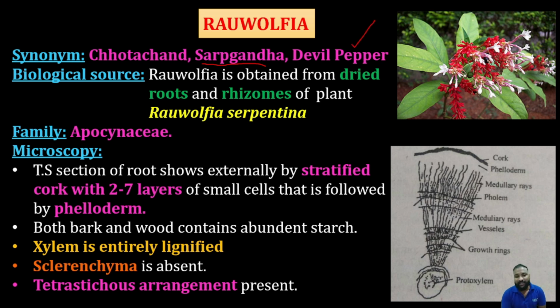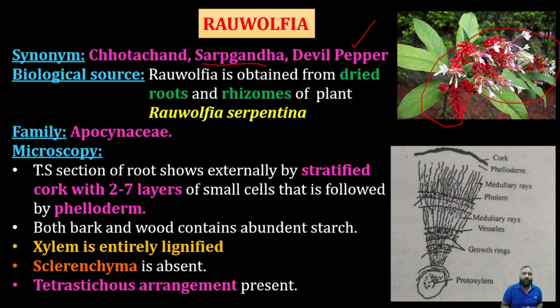You can see the leaf in the image of this particular Rauwolfia. It is very familiar and can be seen abundantly in our localities. It can be grown in almost all types of conditions. This will be a very familiar plant for all of us, but we never knew it was Rauwolfia. But we have seen the flowers and we have seen the leaves.